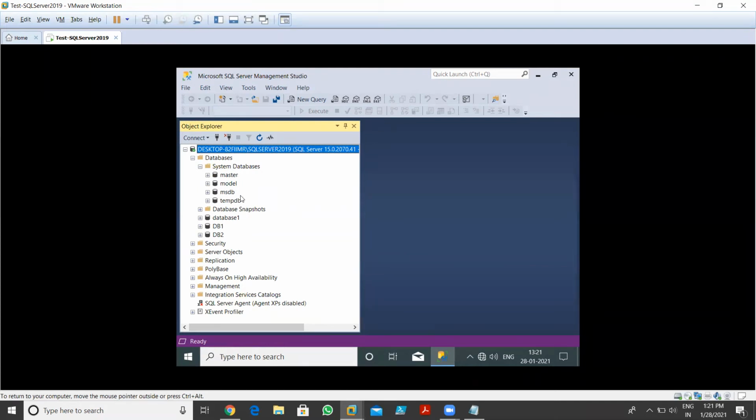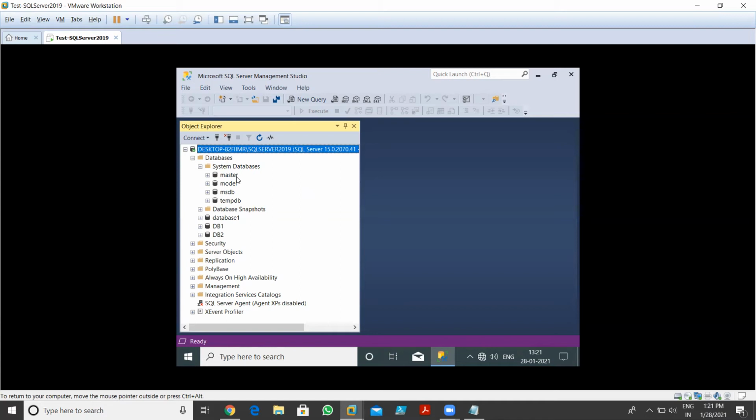We're not able to see the resource database in the system. It's not shown by default. Okay, so we can see resource databases also. I'll tell you in the upcoming lectures how we can access the resource database. So we have four types of database. This shows me master, model, MSDB, and tempdb.